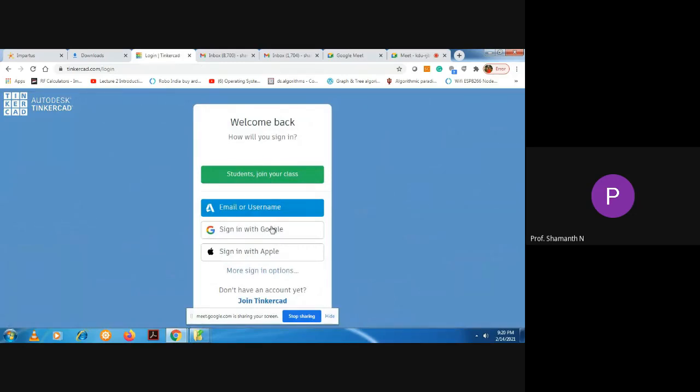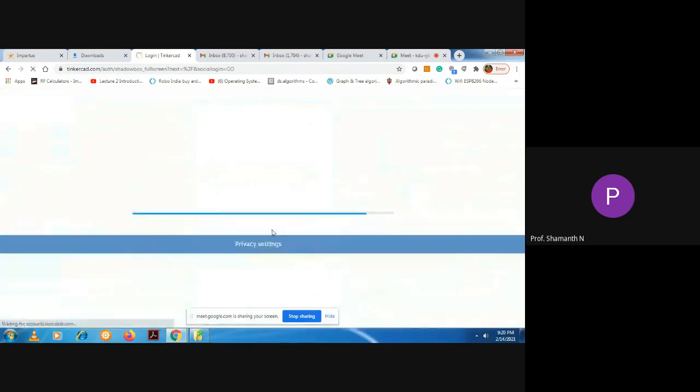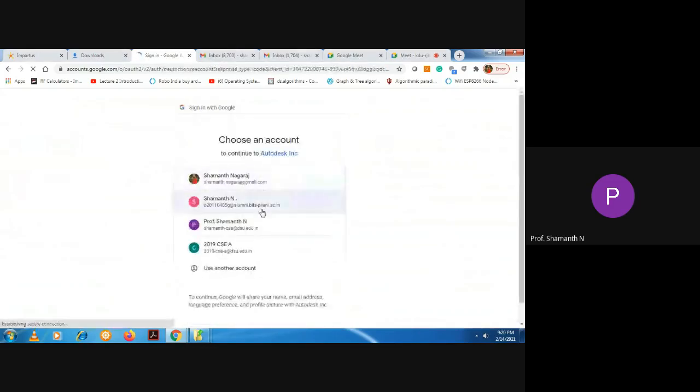So sign in with your Gmail or Google account. So click on one of your Gmail account, and then you will be signed into the Tinkercad.